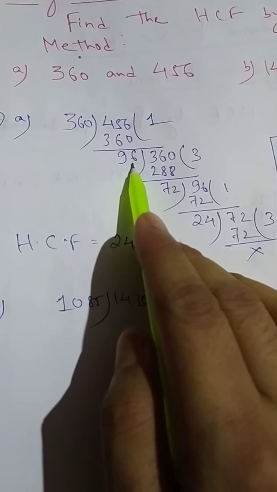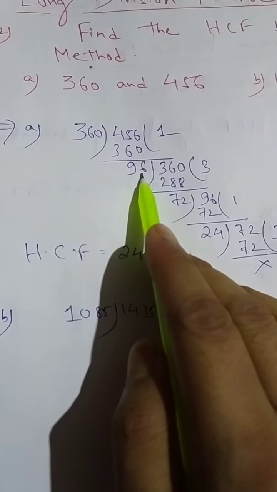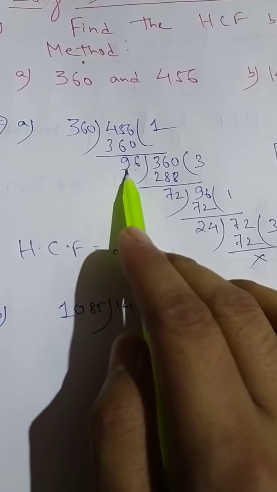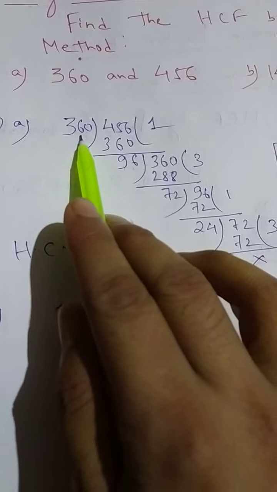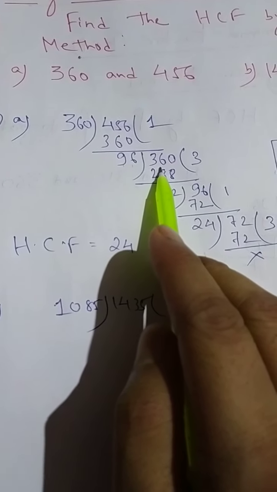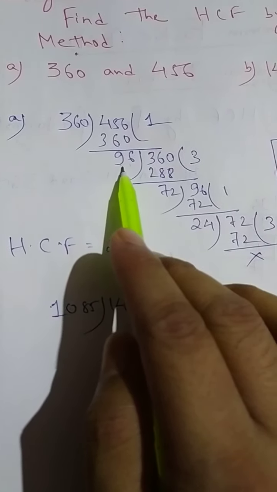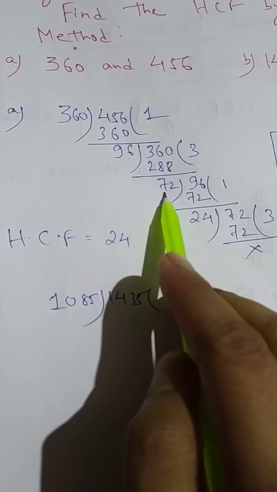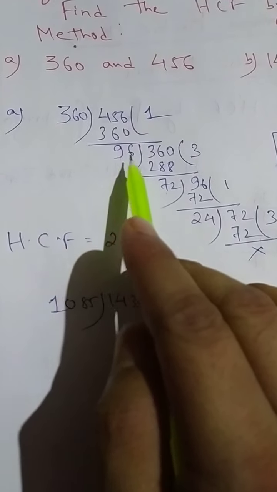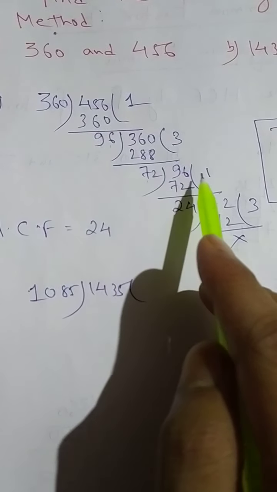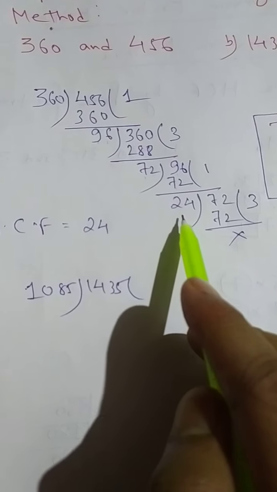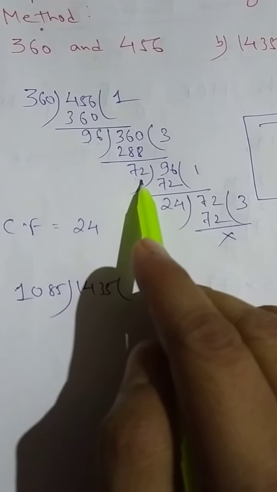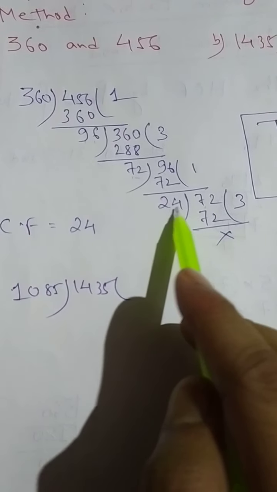Now listen to it very carefully. Now what is the next rule? Next step actually. First 1 time it is coming 360. After dividing it is coming 96. Now this 360 you have to write down here. Now 96 threes are 288. Again after subtraction remainder is coming 72. Now this 96 you have to write here. So 72 ones are 72. Thus after subtraction it is coming 24. Now this divisor, every time you have to write here.